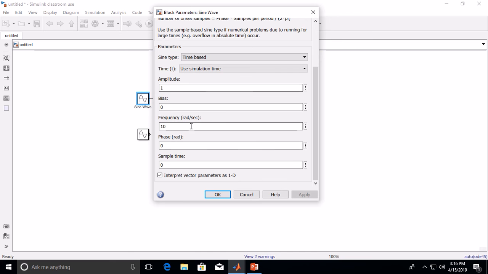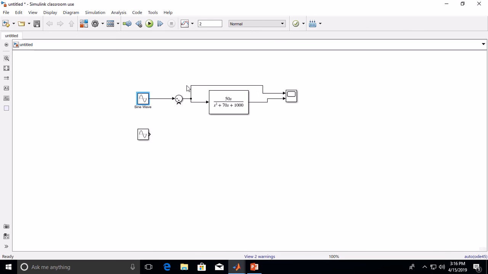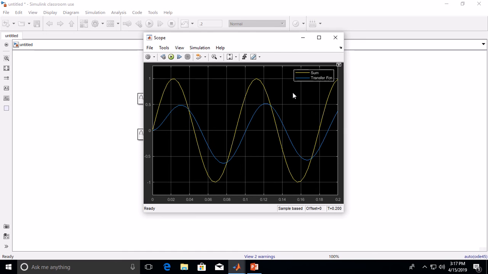And then let's do a frequency outside of the range. Let's maybe do 70 radians per second. That's outside of the 50. We should expect to see, let's just do a 0.2. Should expect to see the transfer function be lower. Again, yep, it's lower. As we can see, the sum, or the input, has a much higher amplitude than the transfer